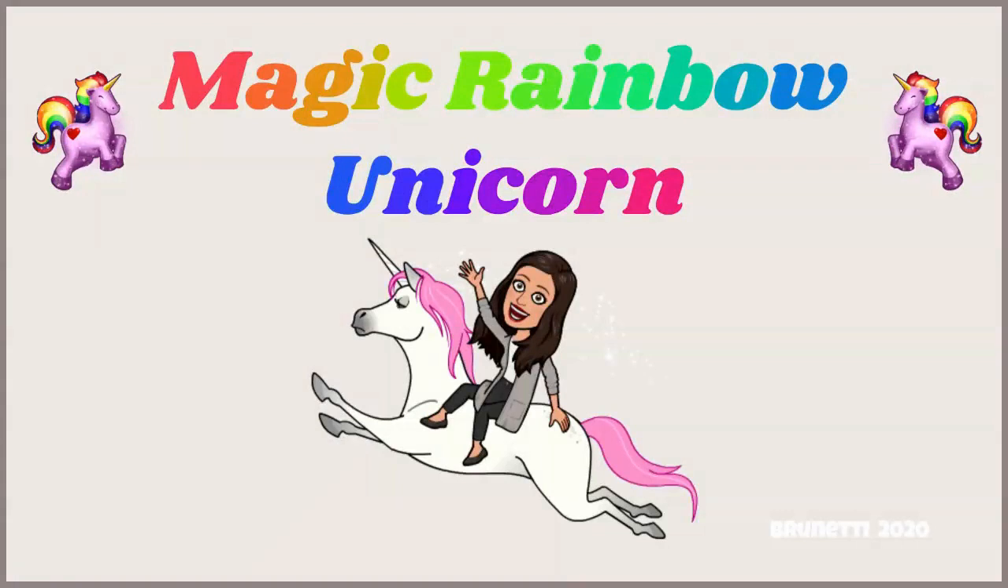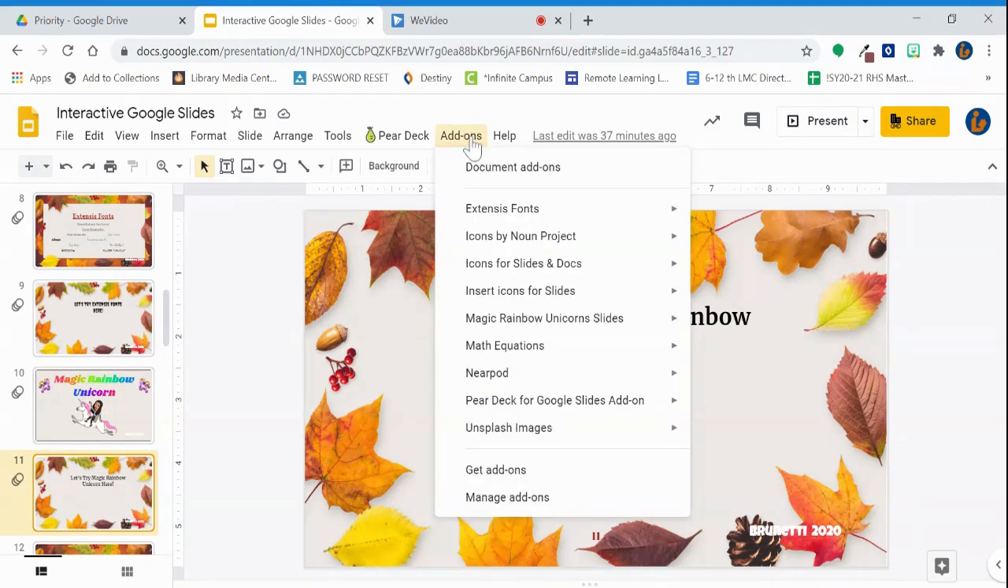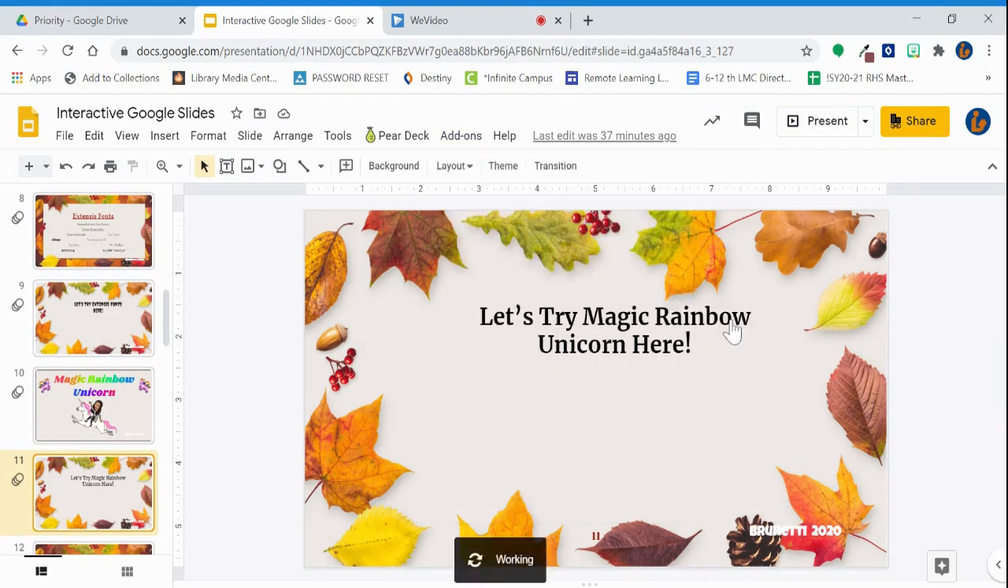Okay, Magic Rainbow Unicorn is the next add-on that I'll show you. Magic Rainbow Unicorn makes the text into a rainbow pattern, just like you see the title up there. So I will show you how that works. Again, Magic Rainbow Unicorn is an add-on. So if we go up to our add-ons and go to Magic Rainbow Unicorn Slides and click Start,